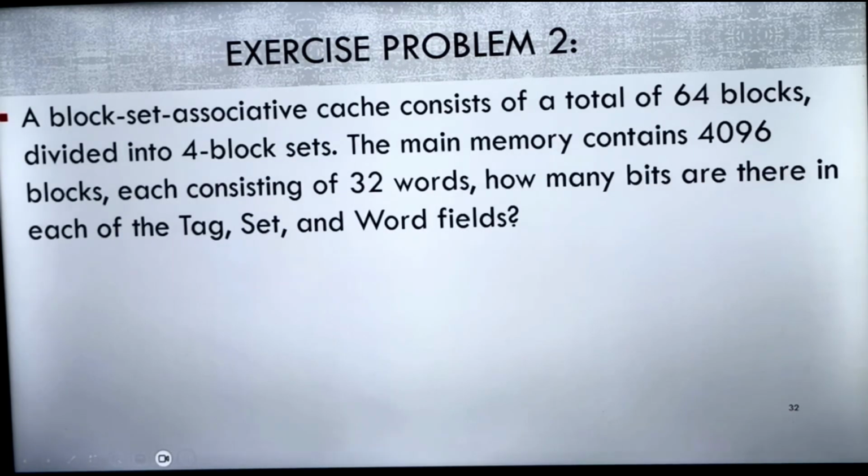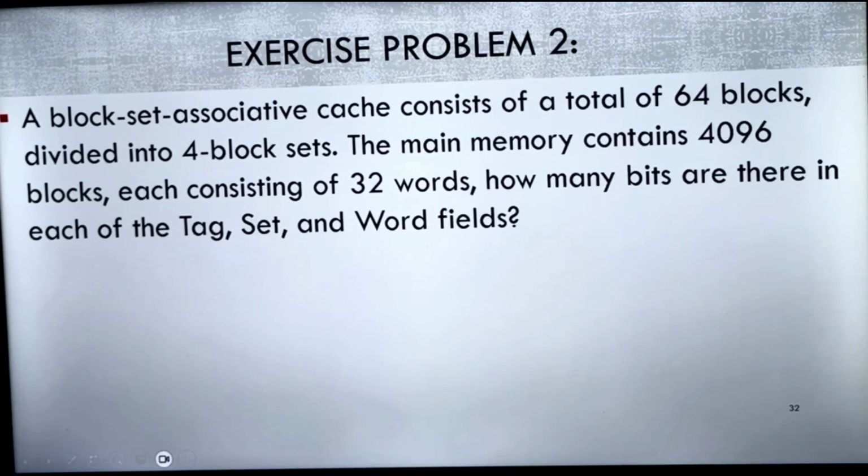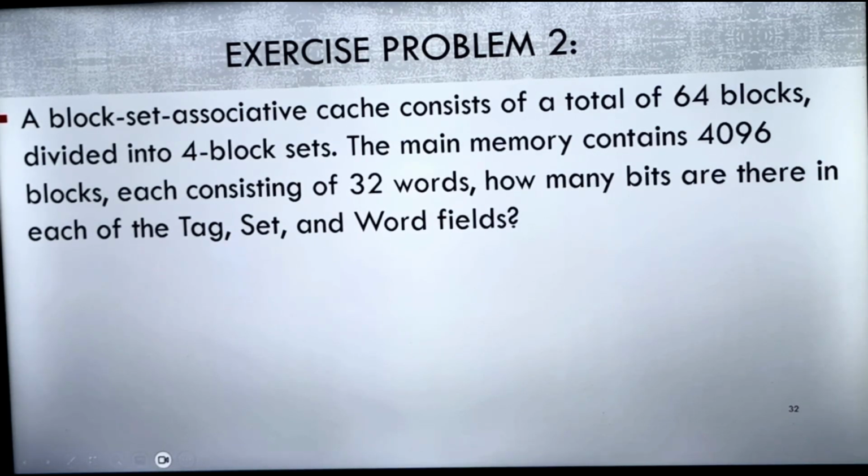So we have one more example. A block set associative cache consists of a total of 64 blocks divided into 4 block sets. Means it's a 4-way set associative mapping. In each set we have 4 blocks. The main memory contains 4096 blocks, each containing 32 words. How many bits are there in each tag, set